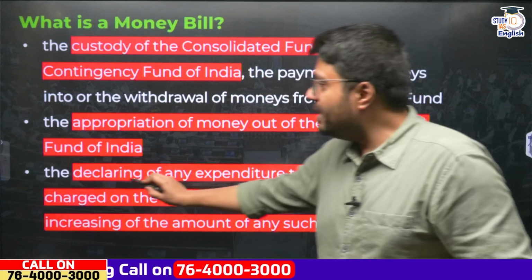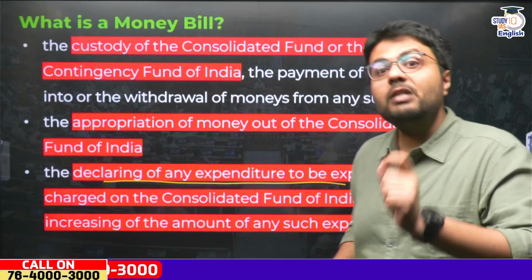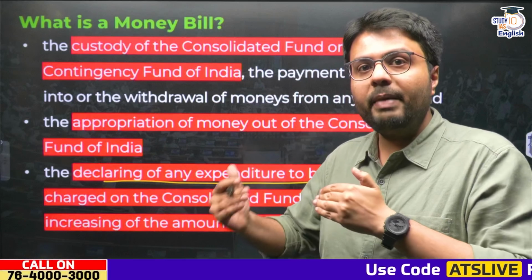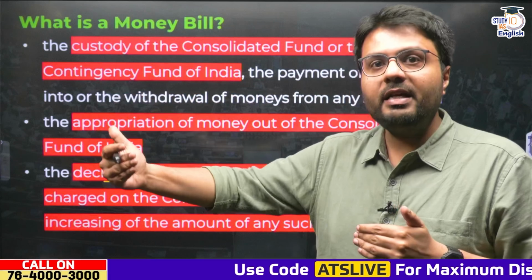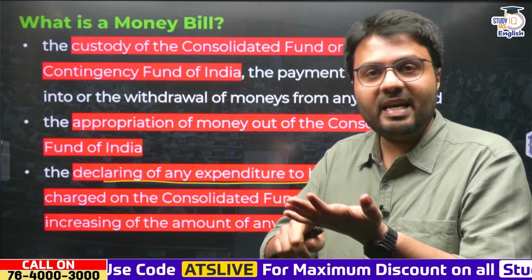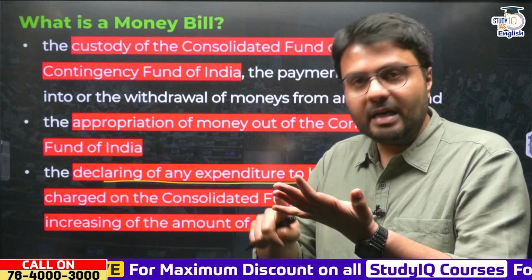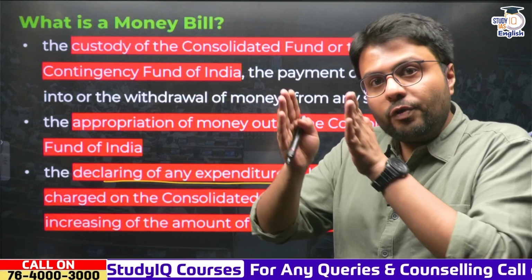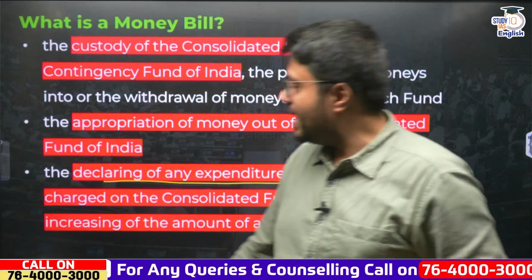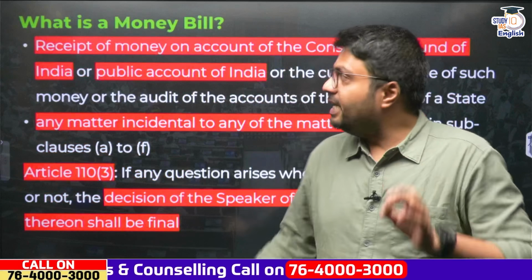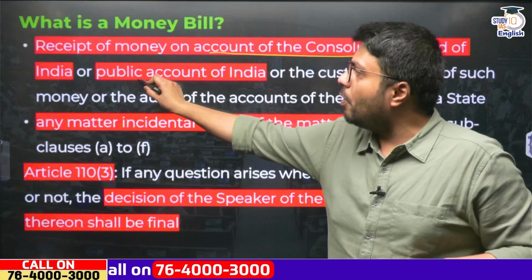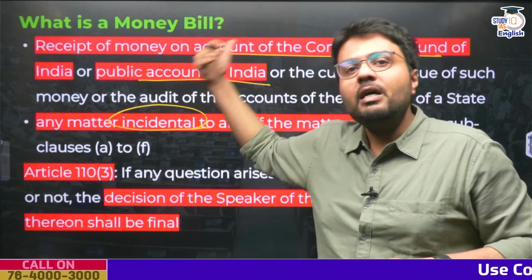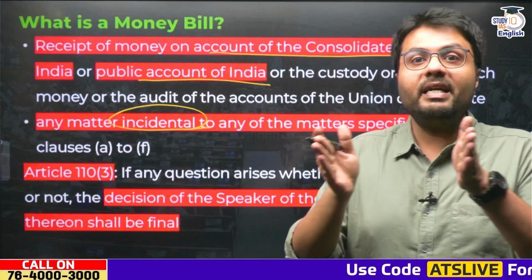In addition to that, if government declares that any expenditure is charged on the Consolidated Fund of India, those kinds of expenditures, which are made against maintenance, provision of salaries and offices of constitutional bodies like CAG, like the Supreme Court of India, like pensions of High Court judges, all of those expenditures are charged on the Consolidated Fund of India. So for any of that also, you can designate a bill as a money bill. In addition to that, receipt of money on the Consolidated Fund of India or Public Account of India or any matter which indirectly relates to all of the provisions I have said, according to Article 110, these bills can be designated as a money bill.